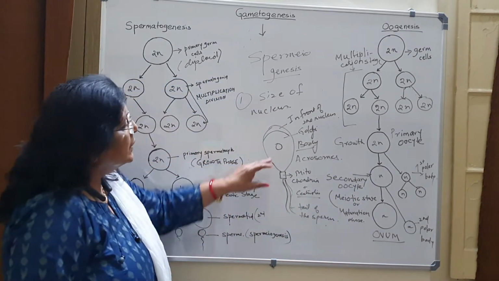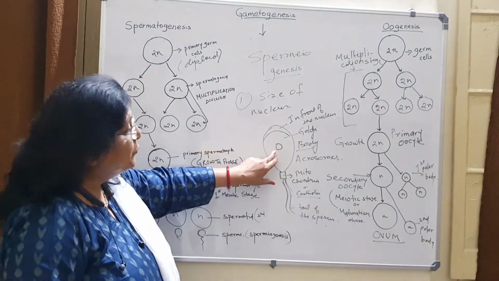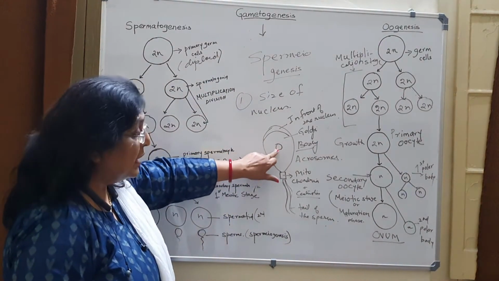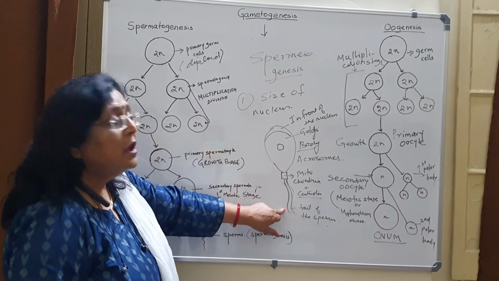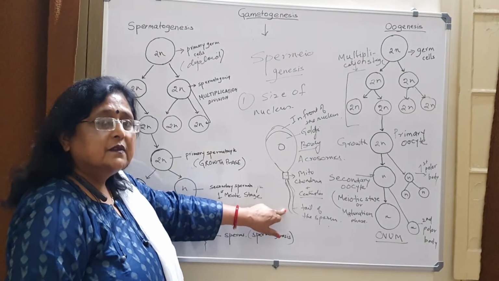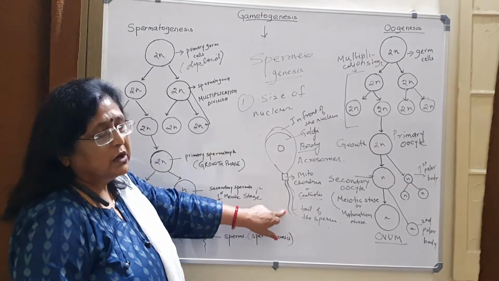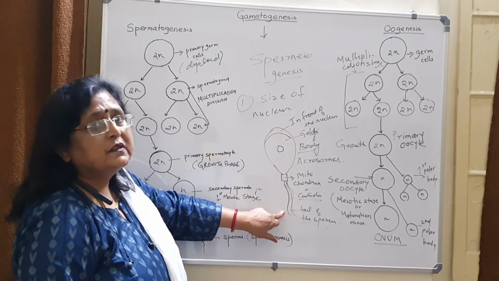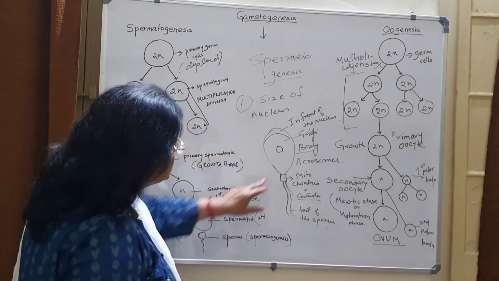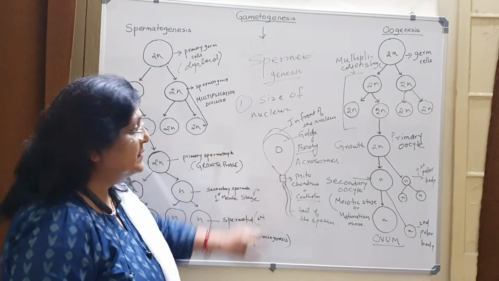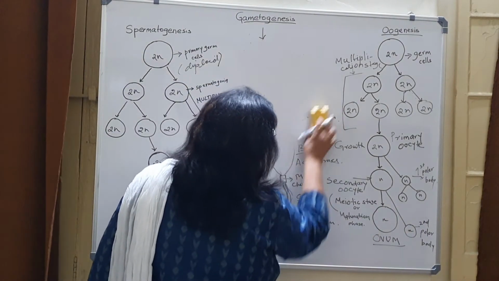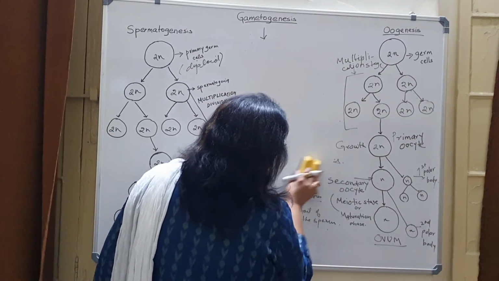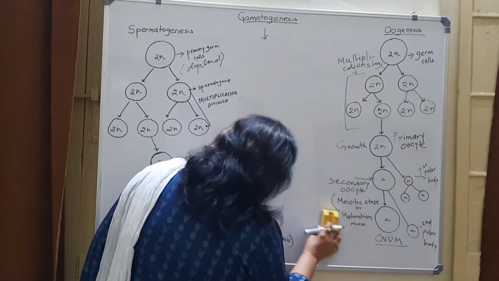So now a mature sperm is formed with a head having a nucleus, acrosome, a neck and a tail. With the help of the tail, it is able to swim in the fluid, whether it is water or the seminal fluid. And now the sperm is ready for fertilization. So with the formation and maturation of the sperm, the process of spermatogenesis is completed.